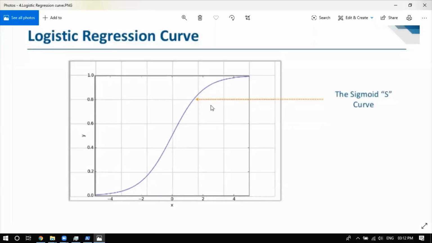There can be a chance it returns a 50-50 chance of this being a yes and a no. At that moment, we just make a proper assumption: if it's 0.5, we'll take it as 1, or we'll take it as 0. It depends completely upon that. Other than that, if you get something else, like 51% to 49%, we'll take the 51% and say, okay, it's a yes. So that's what happens in the logistic regression curve.